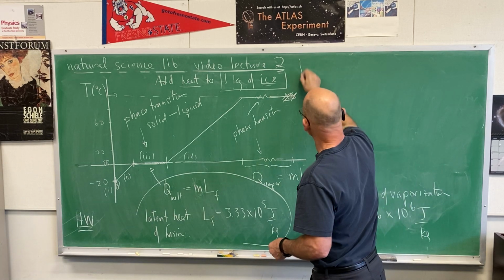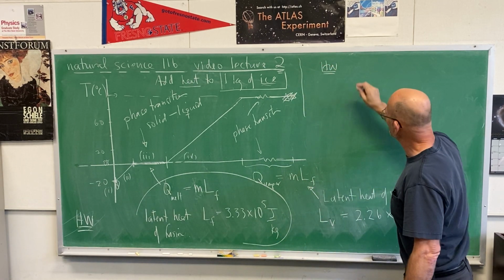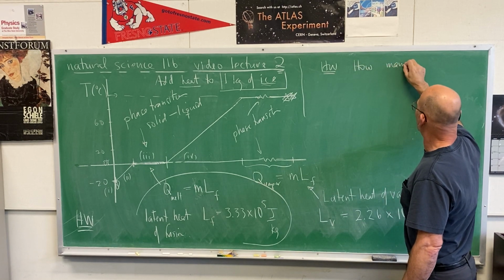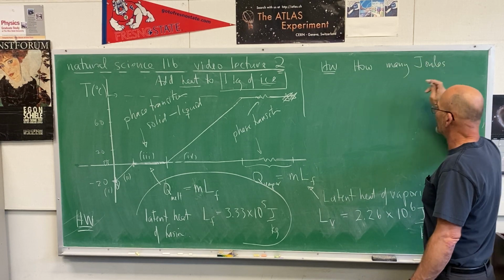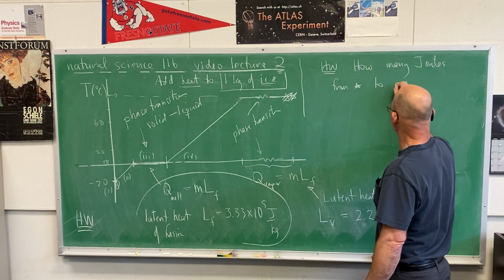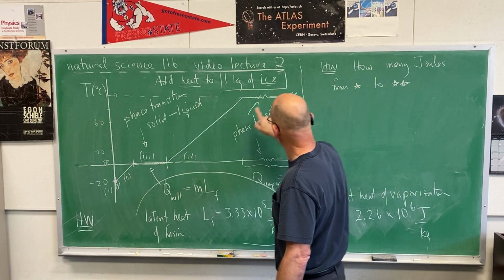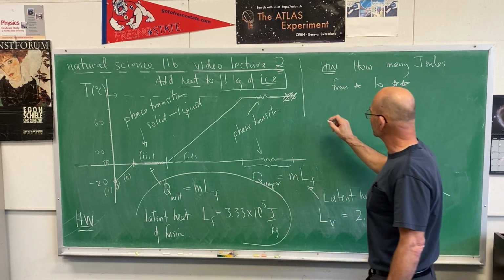So let's just call this homework. How many joules from star to double star? And that's what I'm talking about, this point on the graph and this point on the graph. And the answer is Q total